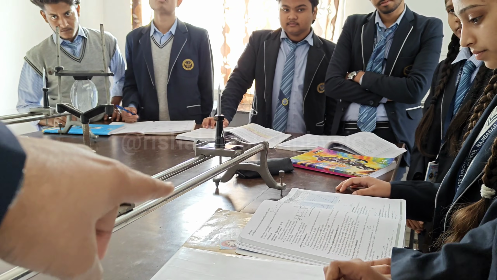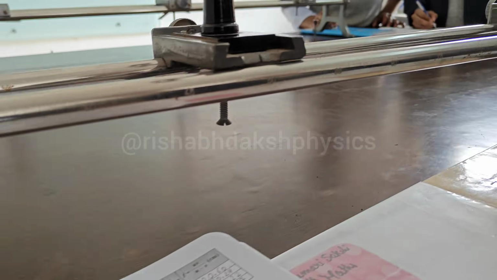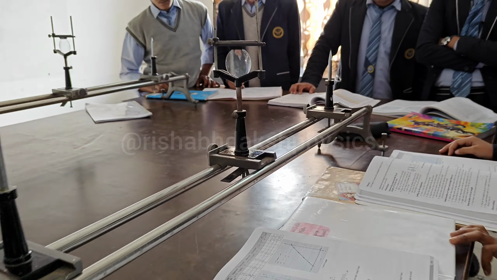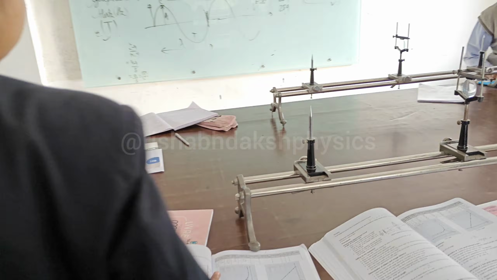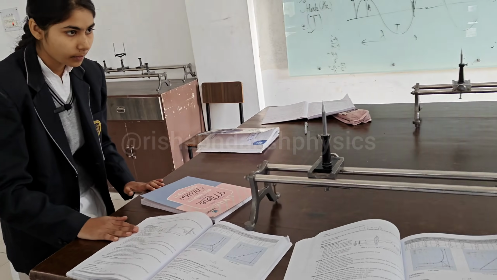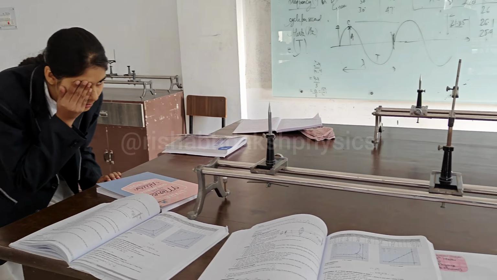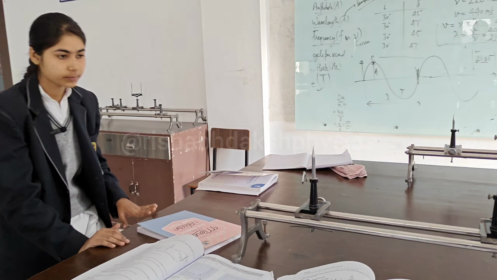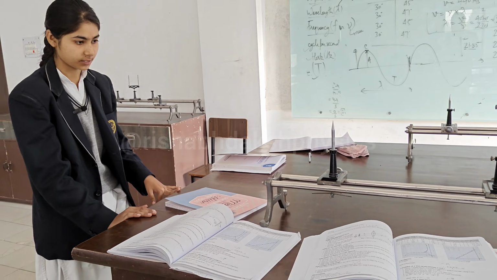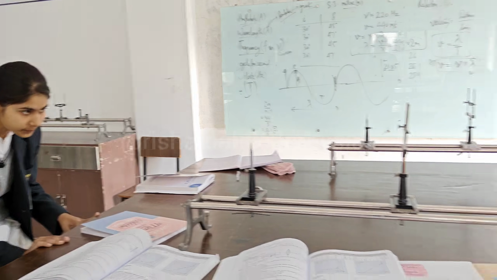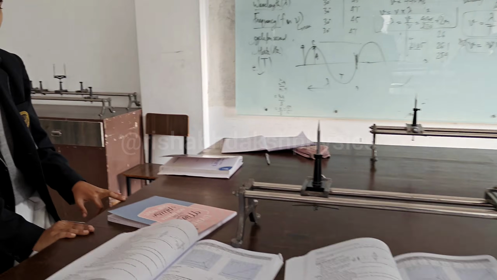You have adjusted the readings, sir. Yes, sir, you have adjusted, and the lens is fixed at 50 centimeter. You can see the lens is fixed at 50 centimeter. Okay, so what are you doing now? How can we adjust? By moving the neck, you can see the needles are upright. You are saying that both needles should be upright, and they should combine? Yes, sir. Okay.